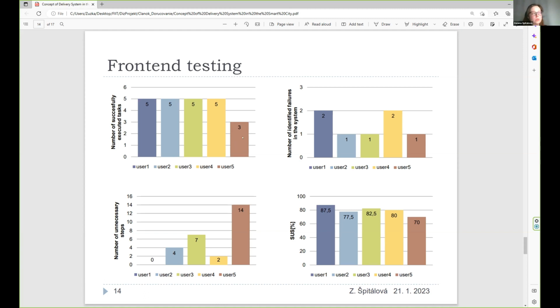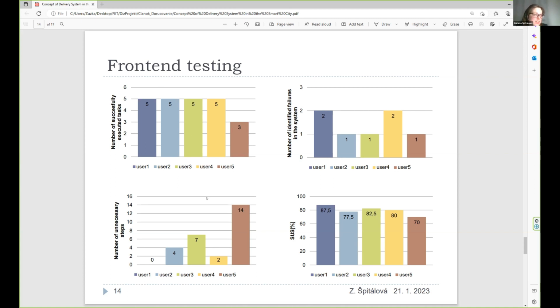And only one user was not able to fulfill all the requirements. So here was the problem with the courier registration. Our user 5 was not able to find the specific screen for this registration.